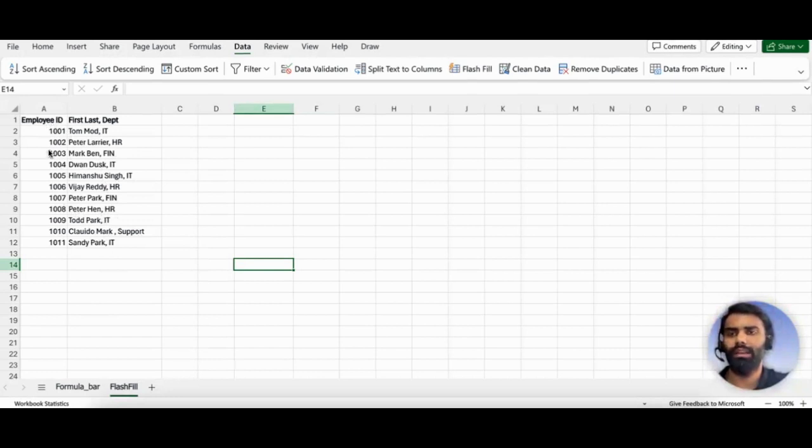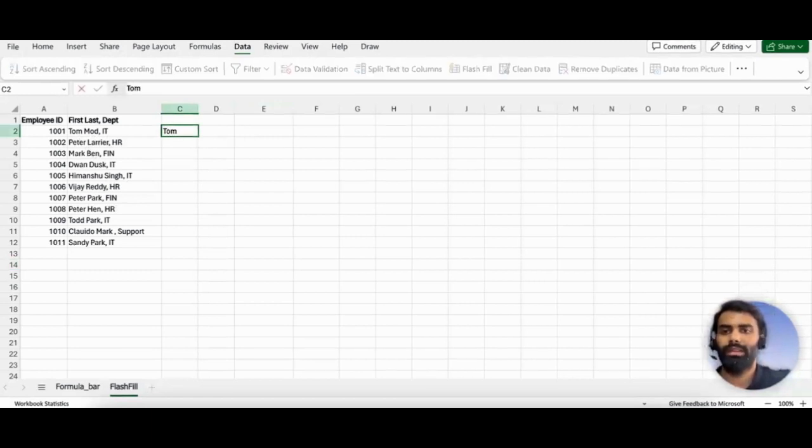So if you see, I have one column as employee ID, and another column having multiple data, which has the first name of an employee, last name, and the department. They all are in one cell. Now let's say I want to segregate the first name in a separate column, second name in another column, and department name in the third column. So I have to tell the system to understand the pattern. So if I say Tom,